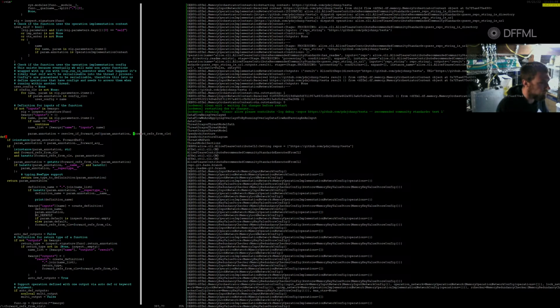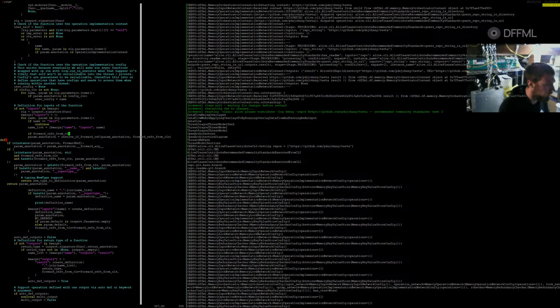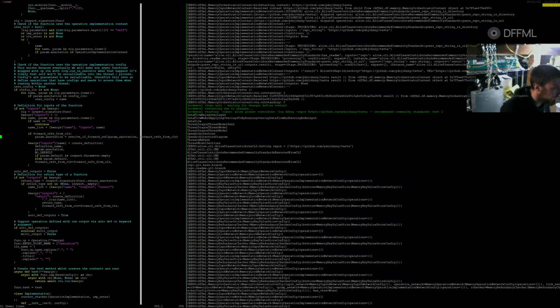Resolve forward ref. Attempted definition. Fragmentation. Fragmentation. Okay, so